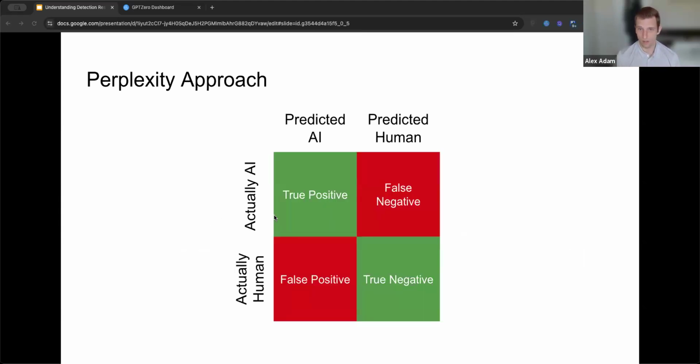Then when it comes to actually choosing this threshold, we pick one that achieves a kind of error trade-off important for our setting. So in education, this means prioritizing having a low false positive rate, where here false positive is just defined as a document that's written by a human, but is predicted to be AI. So we want to keep false positives low because we want to avoid accusations of inauthentic work.